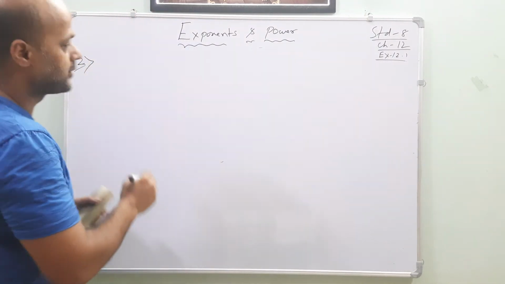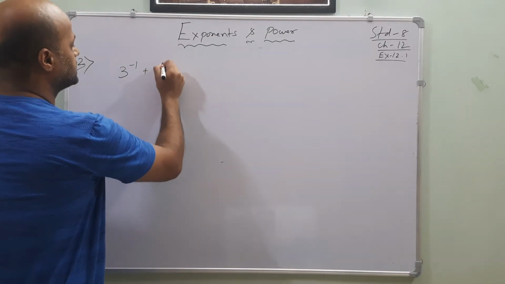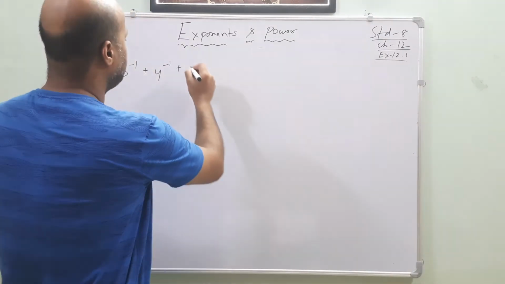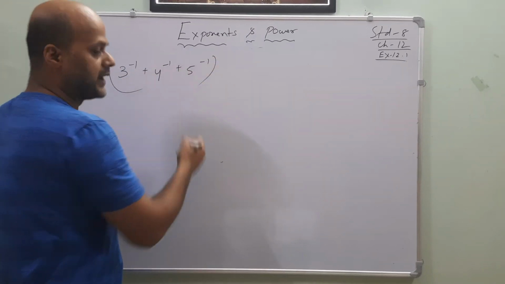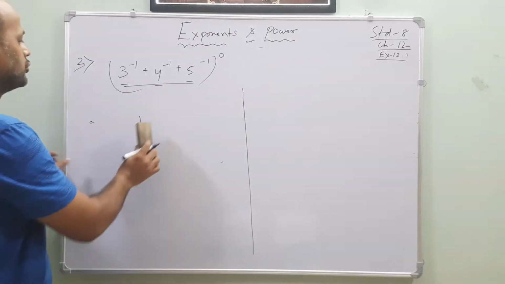It's saying 3 power of minus 1 plus 4 power of minus 1 plus 5 power of minus 1, inside the bracket, whole power of 0. Here, listen, my dear friends. Two processes are there. Either you solve inside, or you can directly do it. Let's do both processes. Here, anything power of 0 is how much? 1, na? You can say it is 1. But if it is a 1 mark question, and if it is a 5 mark question, what do you have to do? You have to go step by step.